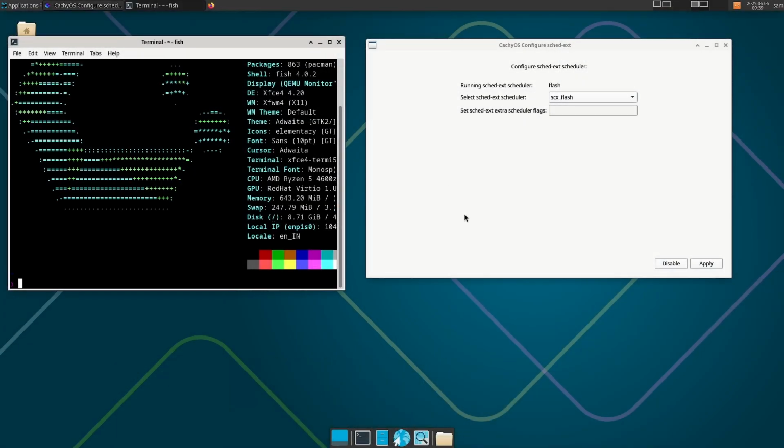Welcome back viewers. In the last video we have seen the performance test being done on the flash scheduler. It is SCX flash scheduler that we tested. There are no scheduler files enabled here, and we have seen the performance score for multi-core getting a little bit less. Now we are going to test the LAVD